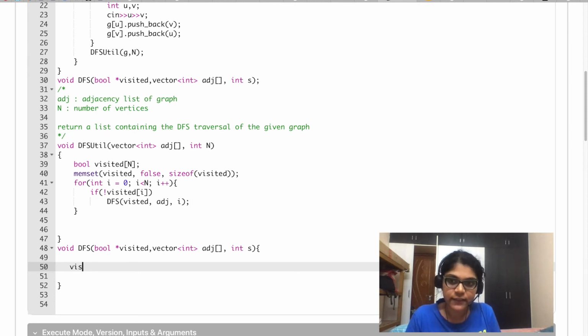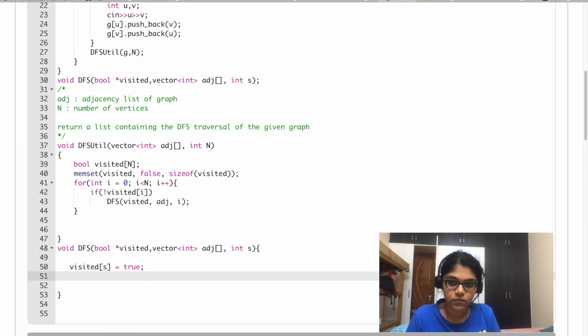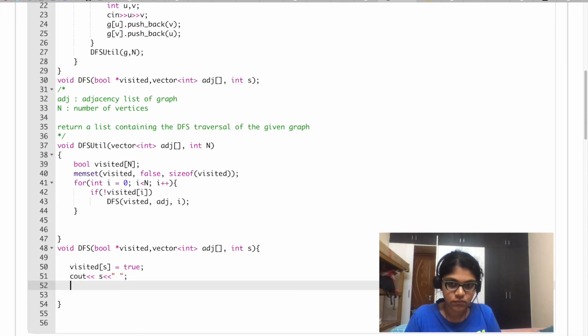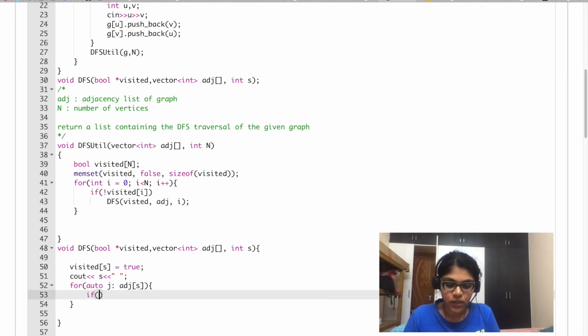We proceed by marking the vertex as visited, and then we print the current element, and then we loop through the adjacent elements of s. And if they are not visited, we call the recursive DFS function on them.